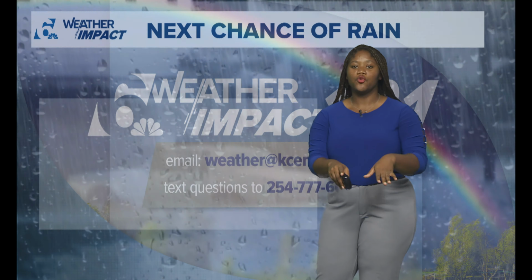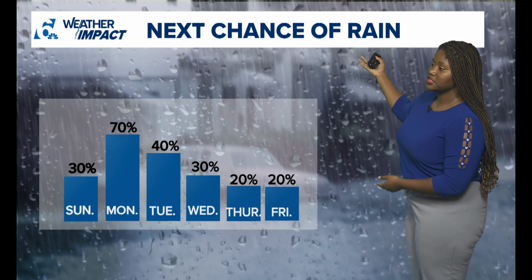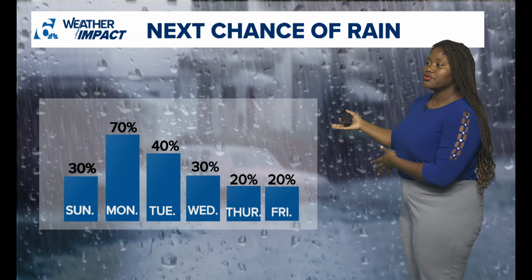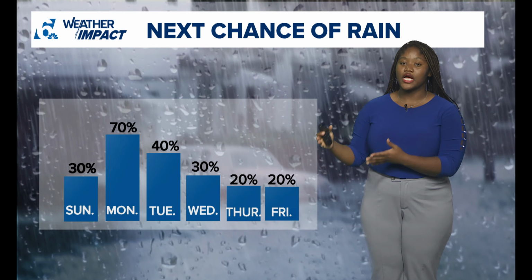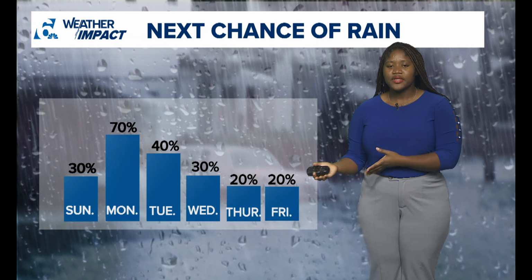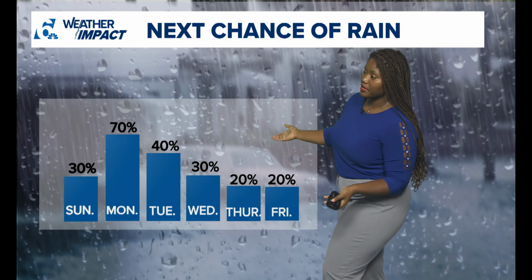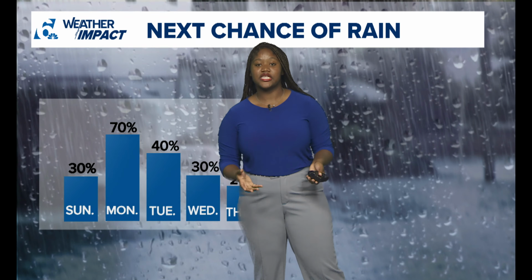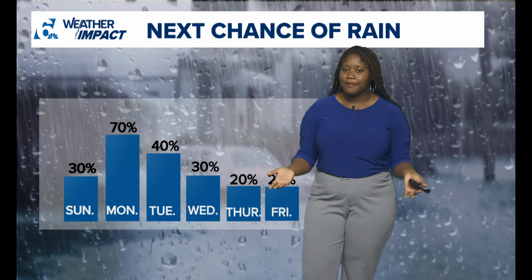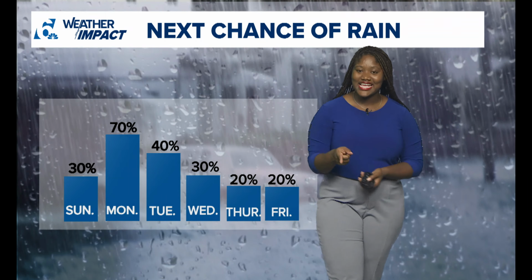Now, typically, you all are used to seeing a graphic like this, talking about the next chances of rain as we step through the week. Rain chances range from about 0 up to 100%, but normally you hear about a 20% chance of rain on your Thursday, a 40% chance of rain on Tuesday, and maybe even a 70% chance of rain on Monday. So does that mean it's going to rain 70% of the day? Sadly, that is not the case.